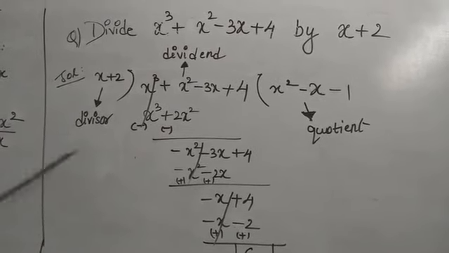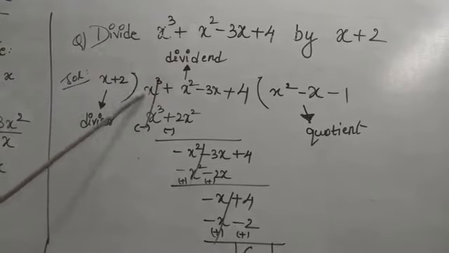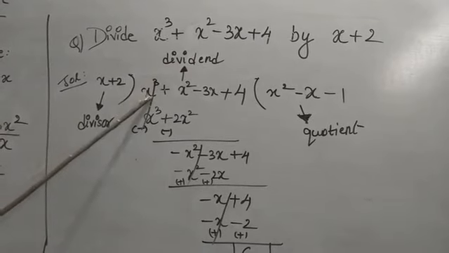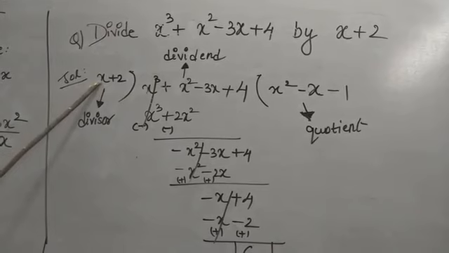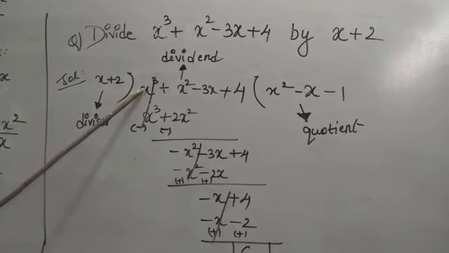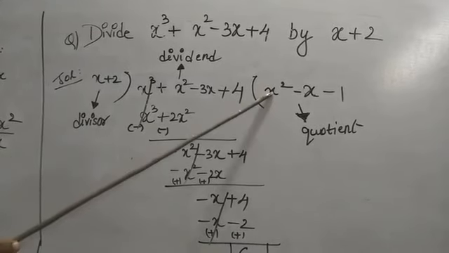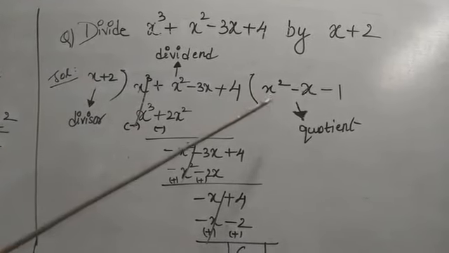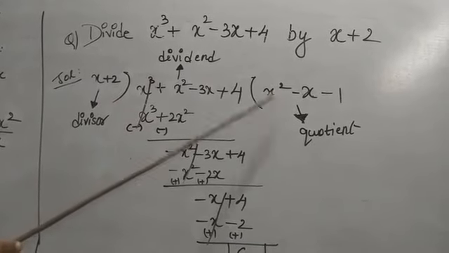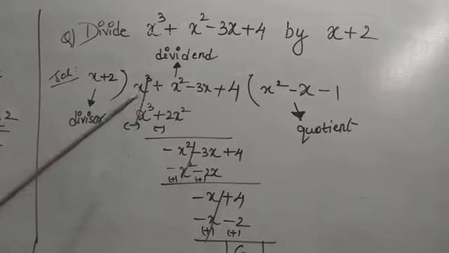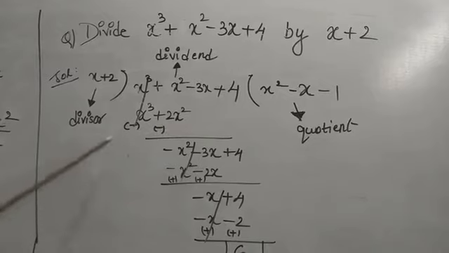Now, next one. While doing this division, first of all, we need to observe the degree of the first term, x cube. In the divisor we have x, so to get x cube, you need to multiply x with x square. That's why the next step is multiplying x plus 2 with x square. If you multiply this binomial, x square into x gives x cube, and x square into 2 gives 2x square. So if you subtract,